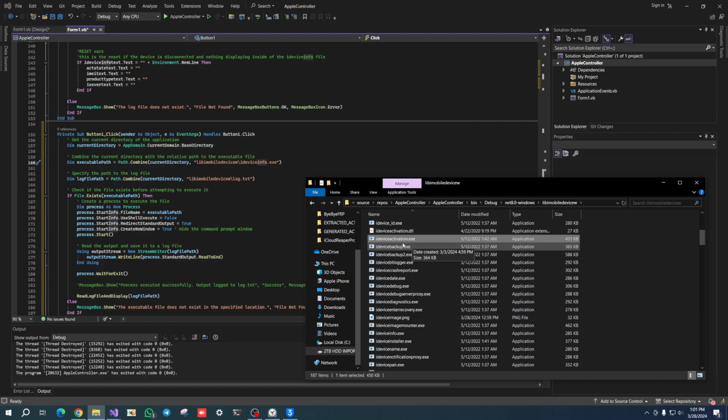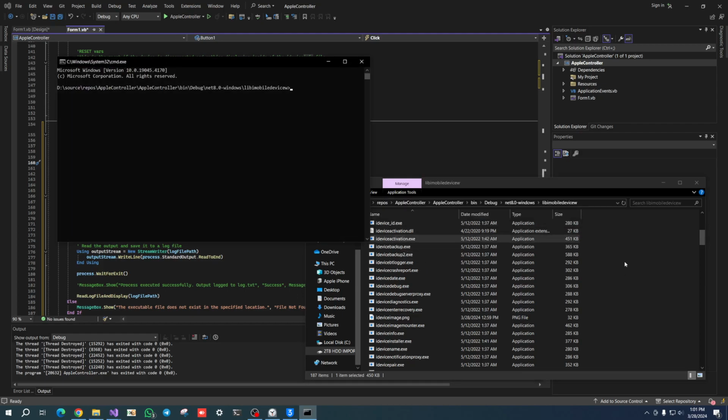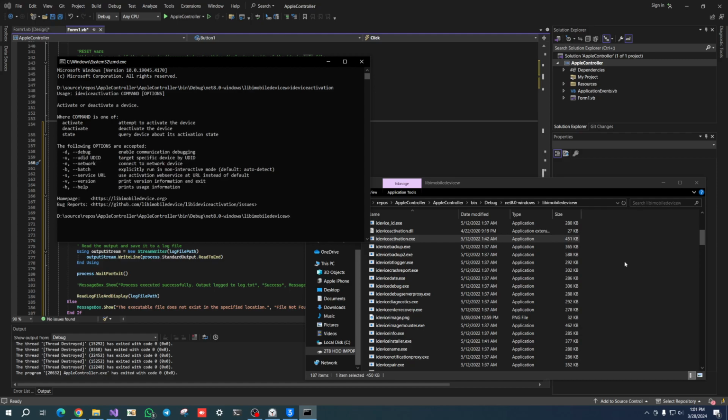So we can do the request using iDevice activation, and what iDevice activation basically is a tool for communicating with the iDevice activation system, basically, with communicating with the activation part on the iOS system and communicating with whatever server you put in. And if you don't put a custom server, it's going to connect to Apple's default server. So here's some commands you can use with iDevice activation. iDevice activation, enter, will show you some commands you can run. You can do activate, enter,